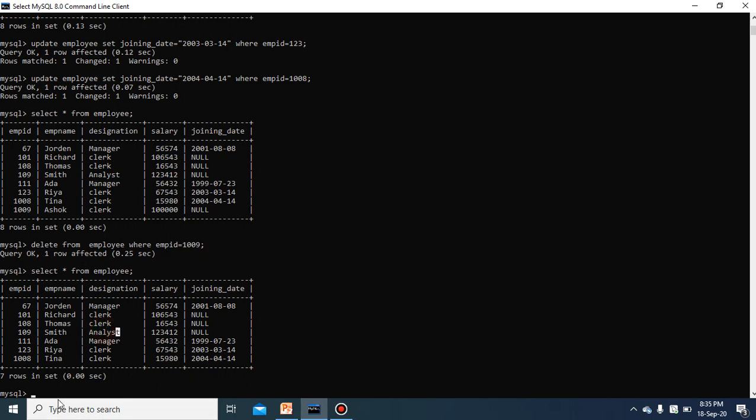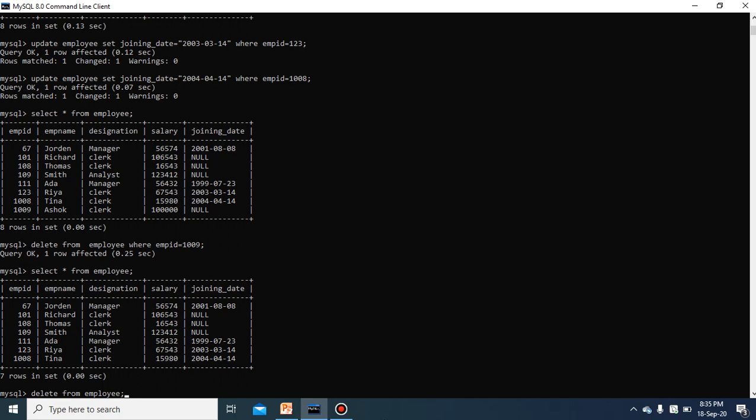If you want to delete all the contents at once, or if you want to delete all clerk, so at a time you can remove 4 records if you specify the designation as clerk. So if you select delete from employee where designation equal to clerk, then all the clerk 1, 2, 3, 4 at once, all 4 records will get deleted. So what you specify in the where condition, only those records will get deleted. And this delete command, if you want to delete all the records from the employee at once, then you will specify delete from employee.